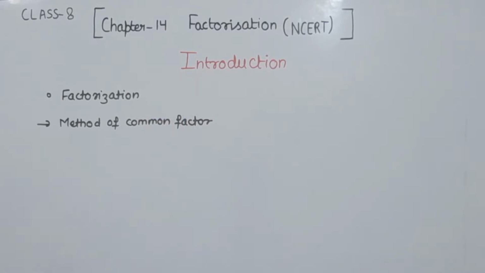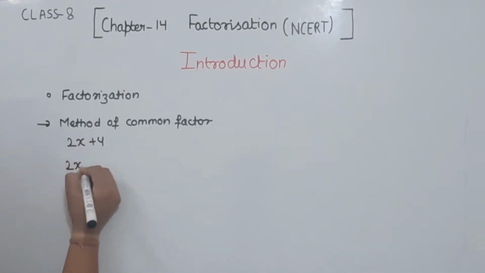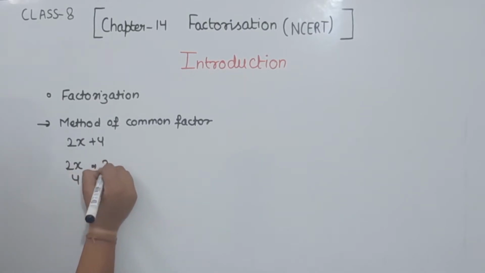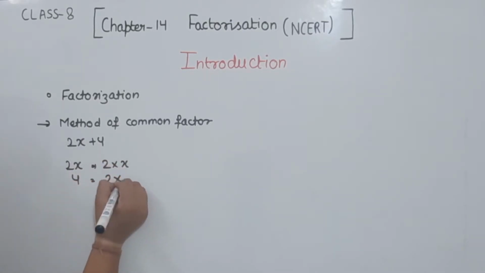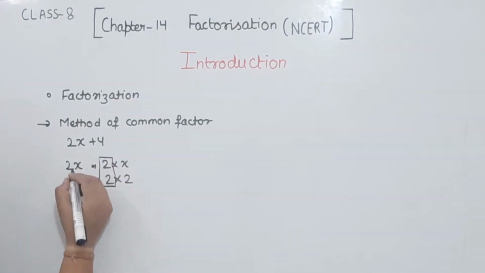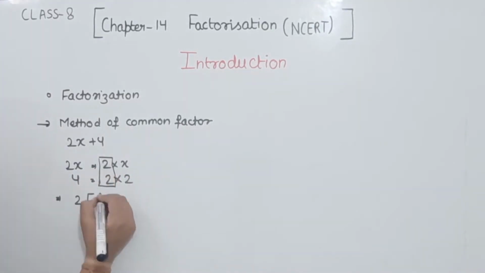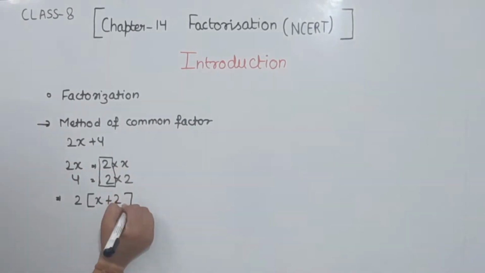Let's suppose we will have the example 2x plus 4. We have to find the factors of this one by the common factor. So first of all, we are going to write the both terms 2x and 4. We are going to find the factors of this one. So this one we are having 2 multiplied by x and this one we are having is the 2 multiplied by 2. Now we will take the common factor. This one we are having is the 2 here. Now I am going to take 2 as the common. Then we will have in the 2x we will have x here plus in the 4 we will have 2 as the remainder. So this one we are having is the factor when we are taking the method of the common factor.